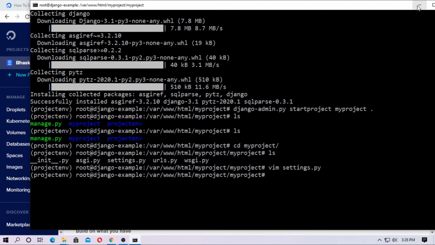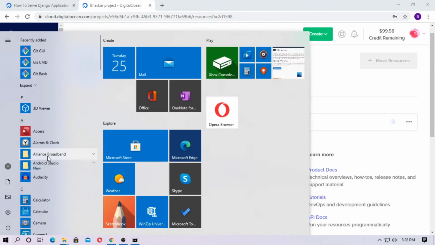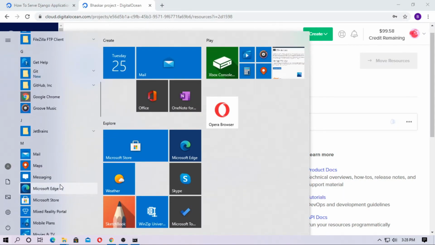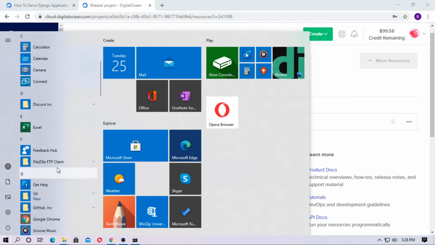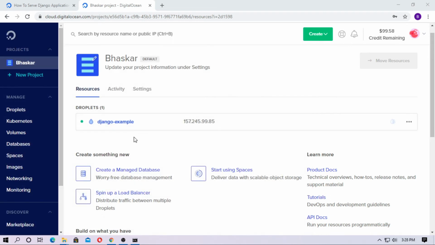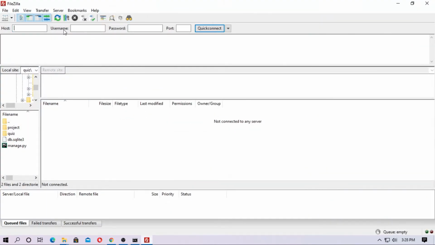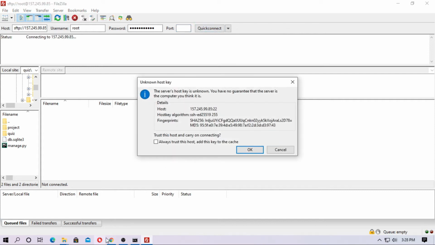Okay, so now you have to connect the FTP. So just open FileZilla and copy the IP address, paste here, and the username is root and the password is blearn123bt and the port is 22, and now connect.